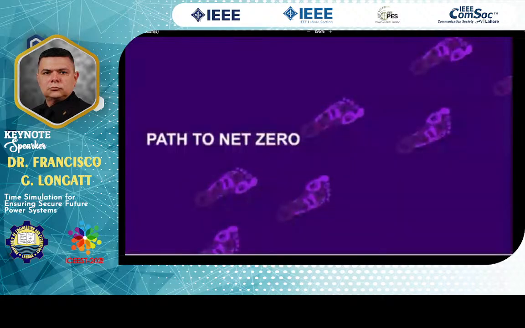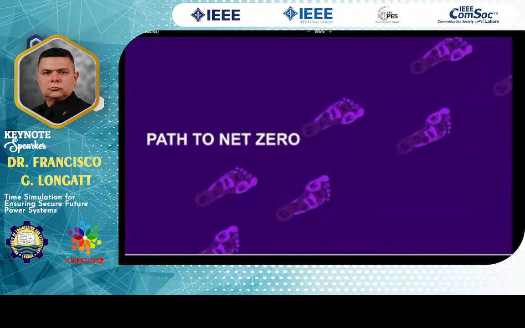Let's start with this discussion: why are we moving to net zero? And the reality is that climate change is a full reality. You can see much evidence worldwide about the consequences of the CO2 emissions in the atmosphere. And right now, there is an immense pressure to reduce the CO2 emissions because we are in what we call a climate emergency. The glaciers are melting, the ocean is rising in height, and